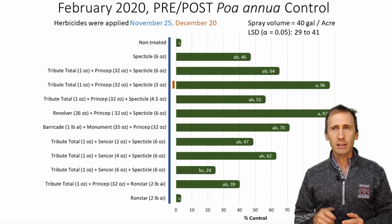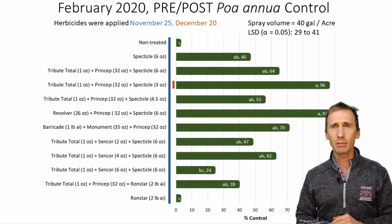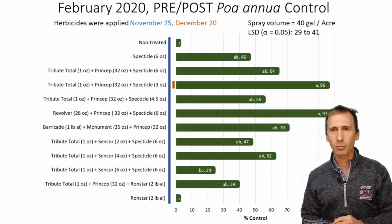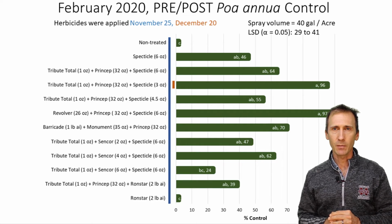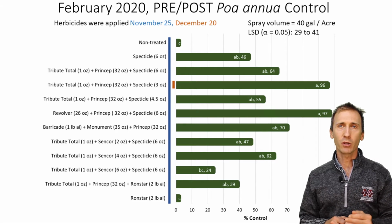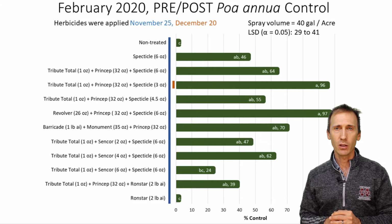We actually sprayed this on November 25th. You can see in my chart here that any treatment with that blue line beside it on the right of that treatment name, that was a treatment that was made November 25th. We only had one treatment that was applied December 20th. Those applications were a non-treated, a Spectacle application at 6 ounces, a Spectacle application at 6 ounces in combination with Tribute Total and Princep. That application that was made twice was 3 ounces of Spectacle in combination with Tribute Total